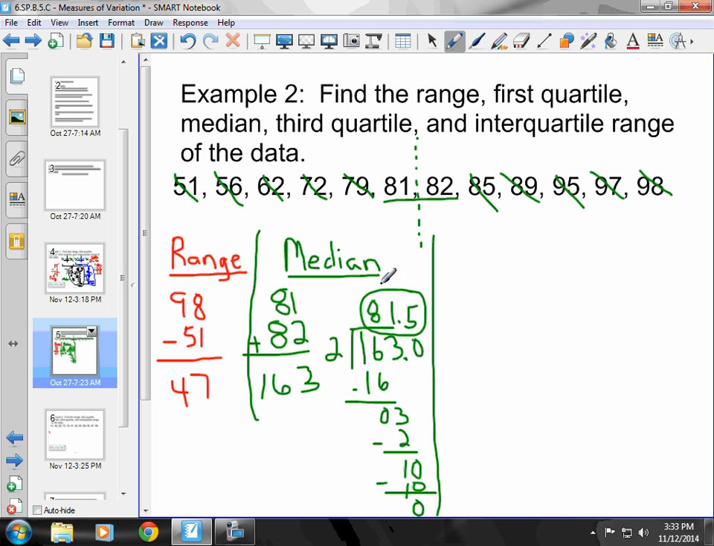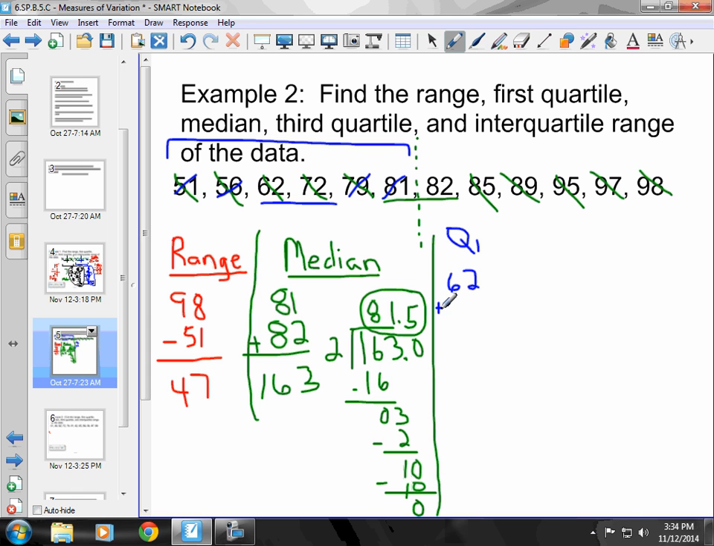So now I'm looking for Q1, which is going to be my first quartile, dealing with this set of data right here. Now notice I am going to include my 81 because my median is actually 81.5, so I do want to include my 81 on this one. So let's start from each side, work our way to the middle, and again you'll notice two numbers in the middle. So for our Q1 we're going to take 62